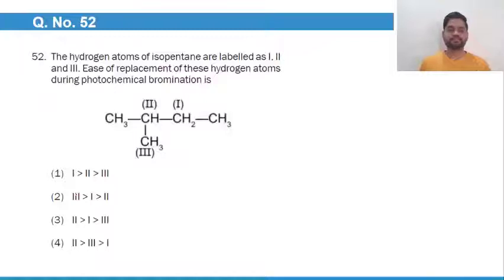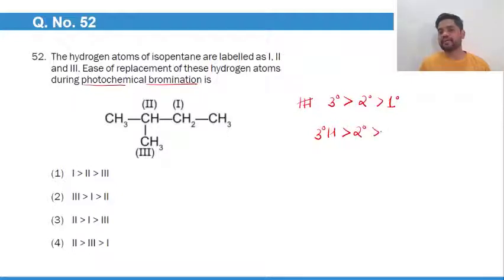Proceeding further, 52. The hydrogen atoms of isopentane are labeled as 1, 2 and 3. Ease of replacement of these hydrogen atoms during photochemical bromination. That is nothing but free radical mechanism. Okay, that means a carbon free radical is going to form. And ease of replacement of hydrogen or ease of formation of carbon free radical goes in this way. 3 degree carbon free radical can form more easily, then 2 degree, then 1 degree. In the same way, 3 degree hydrogen can be replaced very easily as compared to 2 degree and